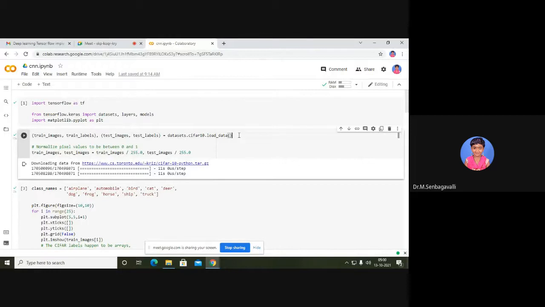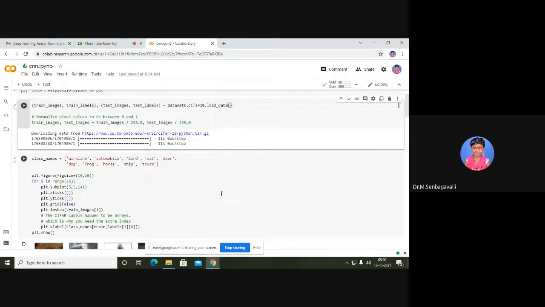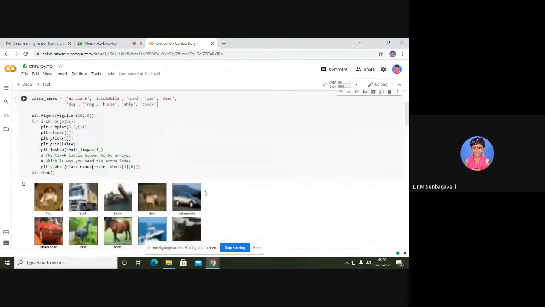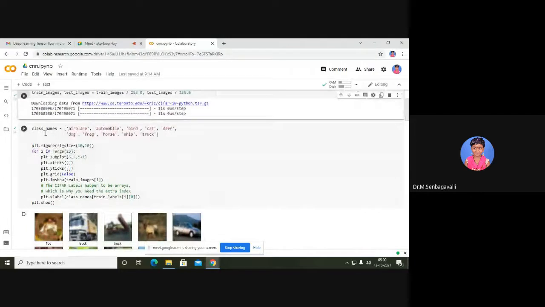And I told you very clearly, in a data set we can categorize the data into two different forms: training data and test data. They have given the downloading data from the HTTP open source link. And next, we have to specify the class names.